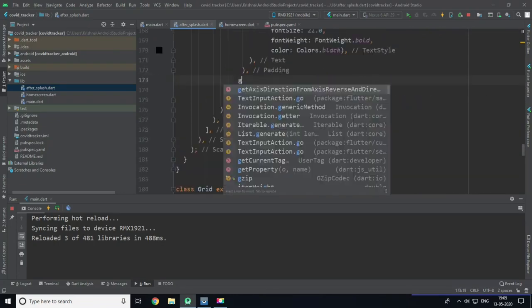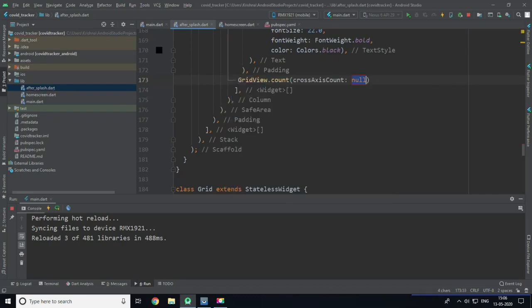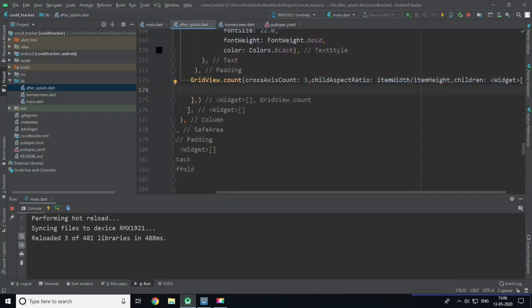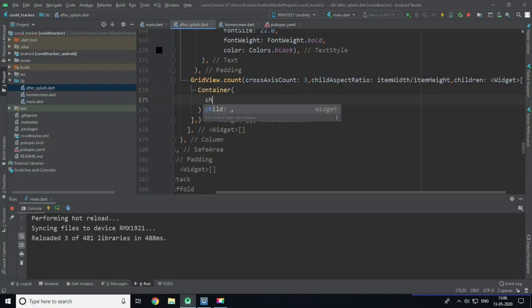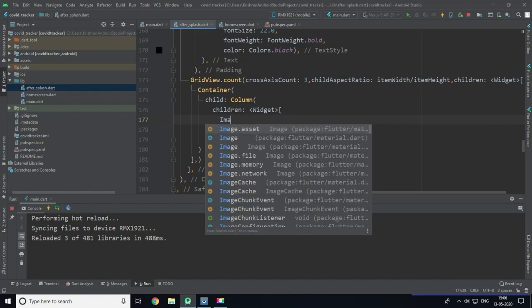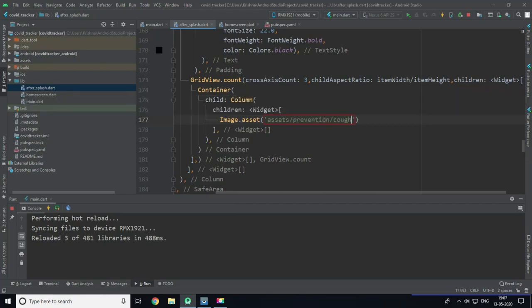Now let's create a grid view count here and give a cross axis count to 3 and a child aspect ratio to item width divided by item height. Now a children in which we need a container that has a column as a child, with column contains some children that are image.assets, and I will pass an image which is assets/prevention cuff.png.